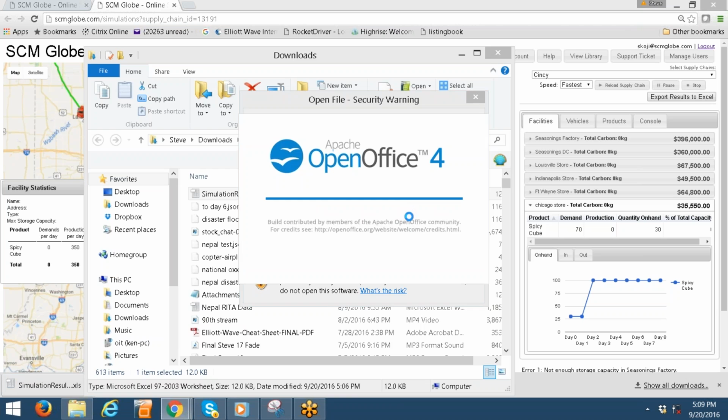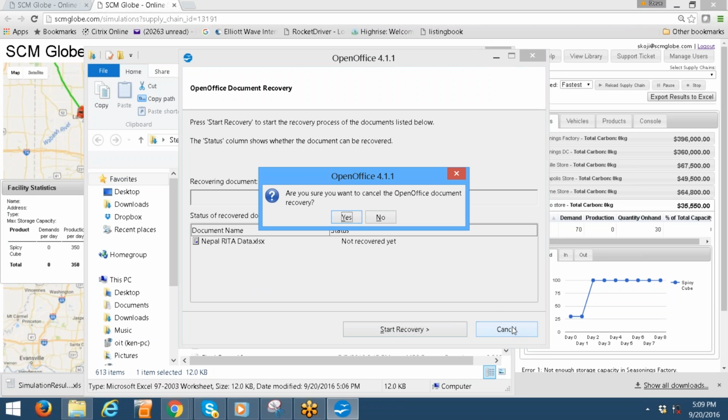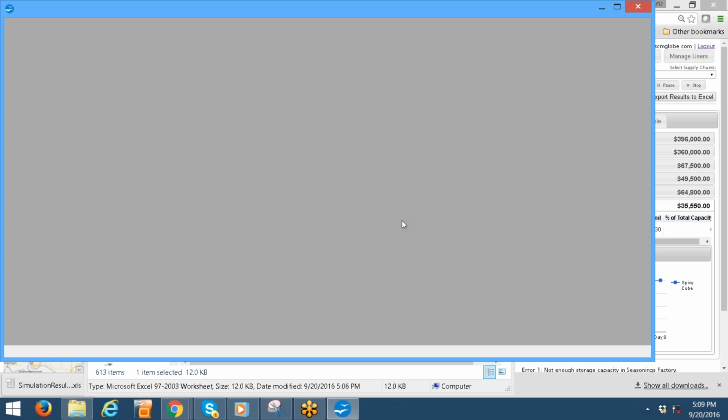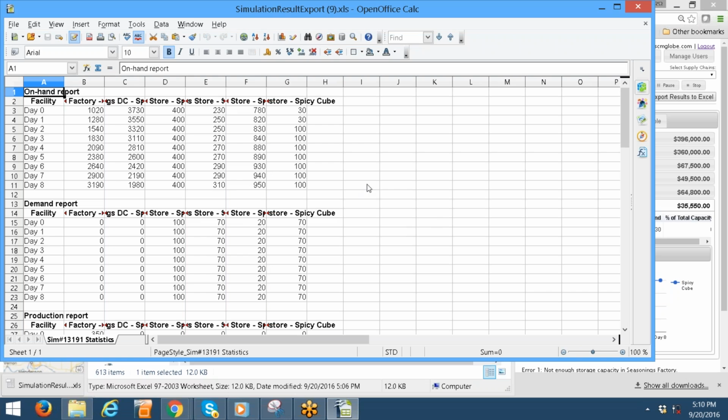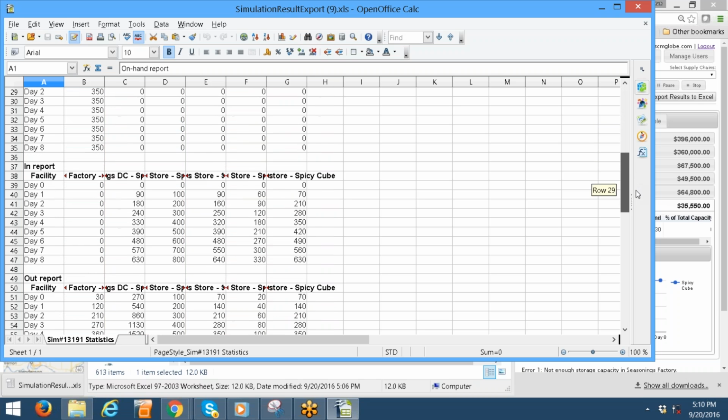What I recommend students do, after you finish your assignment for a particular week, is download your results into a spreadsheet like this, because during week 10 students will need to prepare a summary paper that looks at their week-to-week changes and how they made improvements, and demonstrate really what learning they've received out of this model. And if they've got the spreadsheet saved for each week, it's going to be pretty